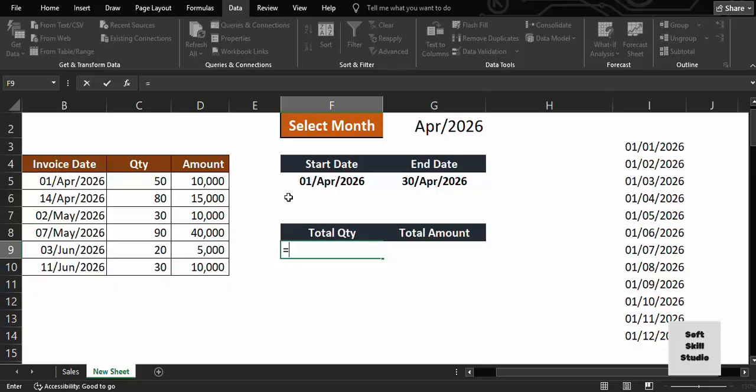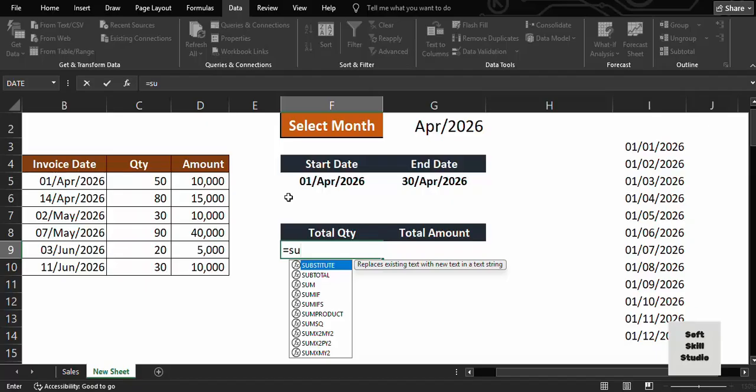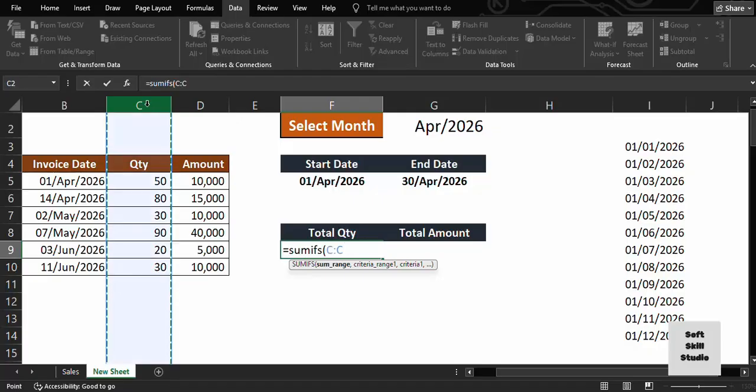We use the SUMIFS formula: equal to SUMIFS, and then the bracket starts. Now first we find the sum range. We want to find this total quantity, so we select this total quantity range. Then our criteria range 1 is in which dates, in these dates, and then